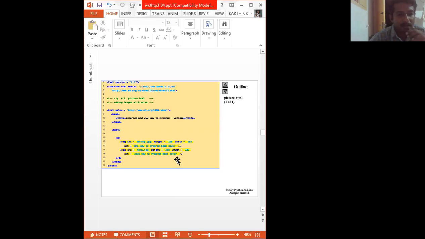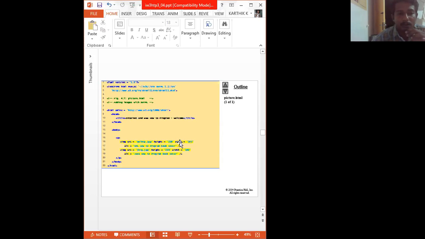So this is how we are going to import images into web pages. We can use the img tag followed by src attribute equal to double quotes. You have to specify the image name, and we can also specify the height and width of the image. So we can use the attribute called height equal to double quotes, you have to specify the height value, and width also, how much space is going to be allocated for the image. Suppose images are large, then we can also resize the images in the browser using these two attributes, height and width.